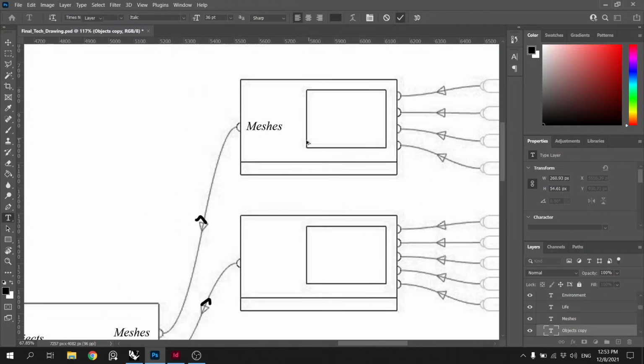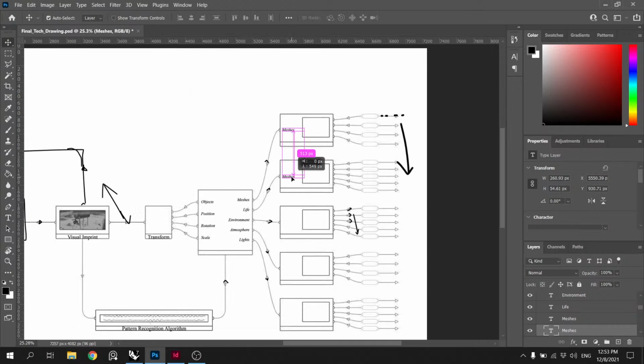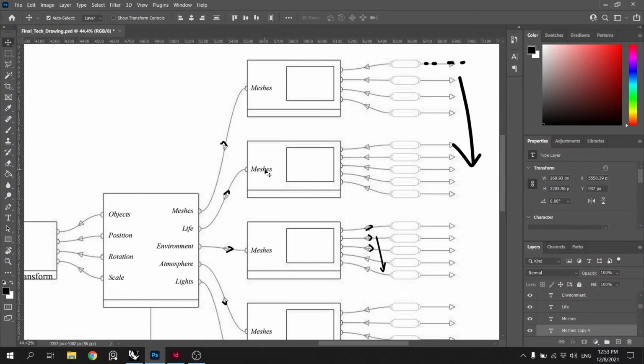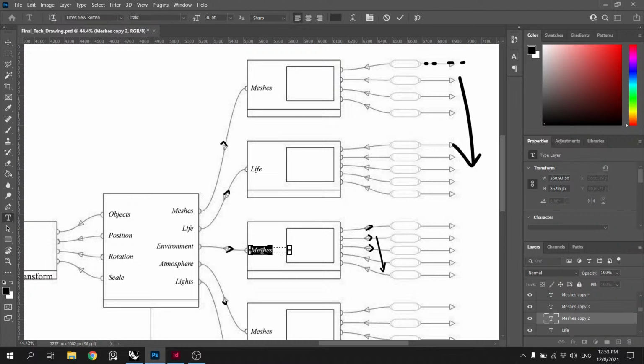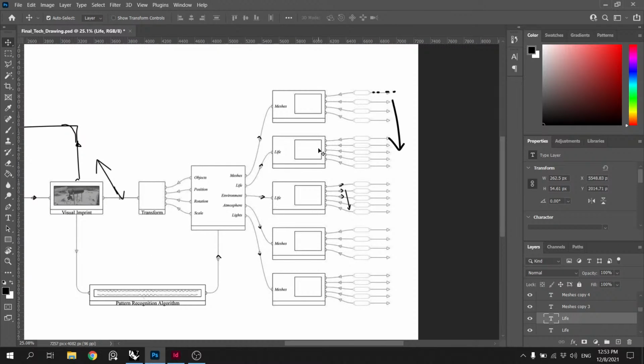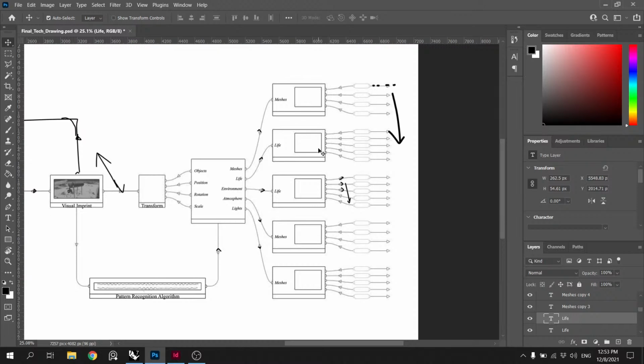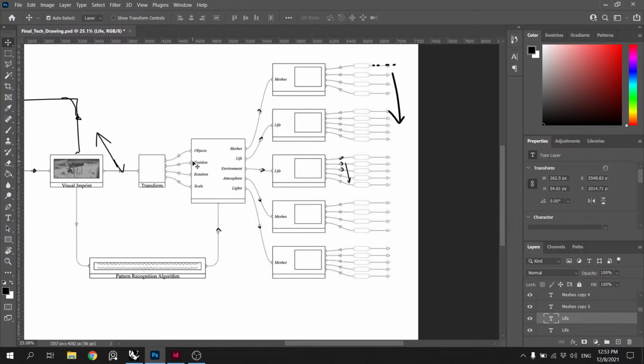You just do the same thing. And you just select them all. Left, distribute. So you have your meshes. Maybe that's a transform, so that's okay.